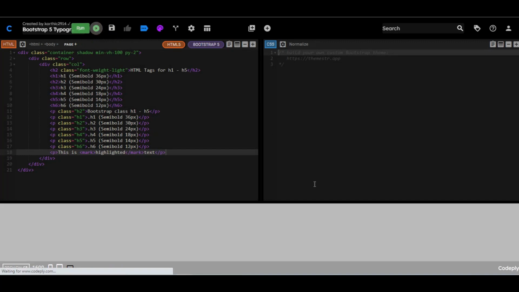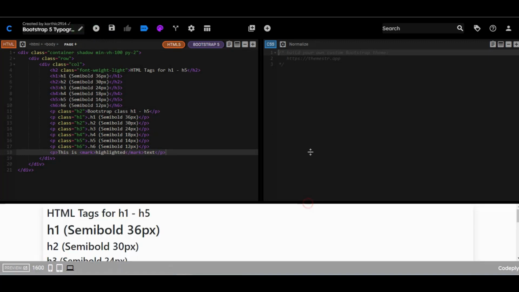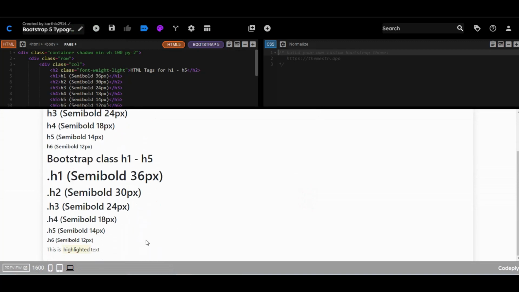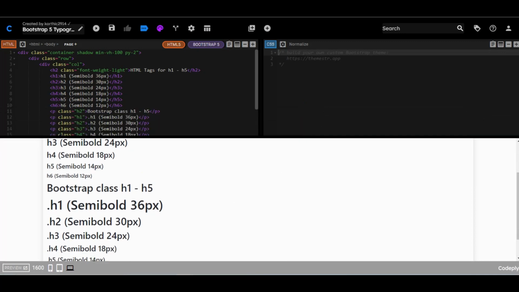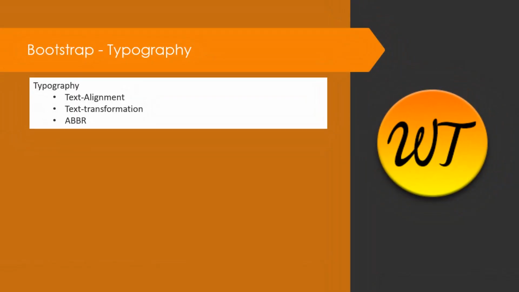We'll see how the output looks. You can see the highlight, it's a light brown color. In the next video, we will see how text alignment, text transformation, and abbreviation will work in Bootstrap.